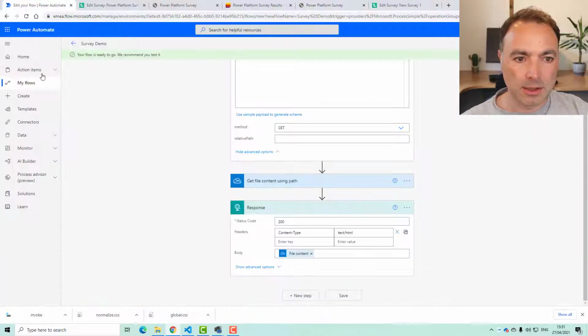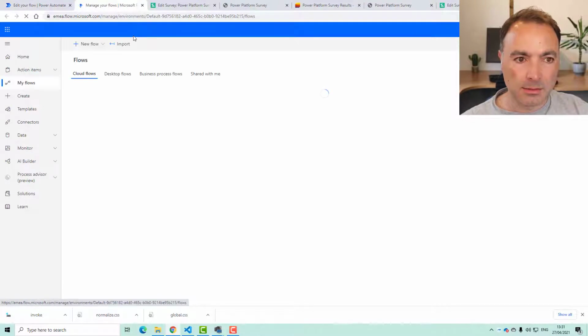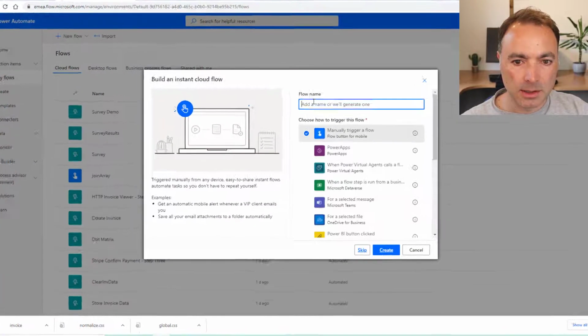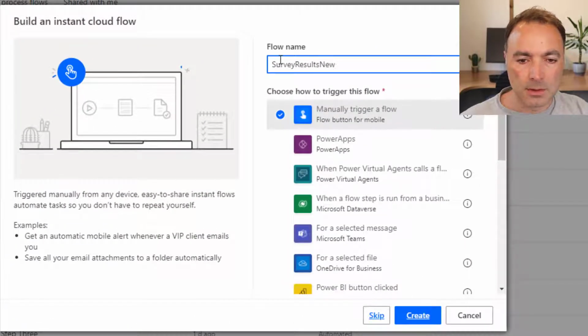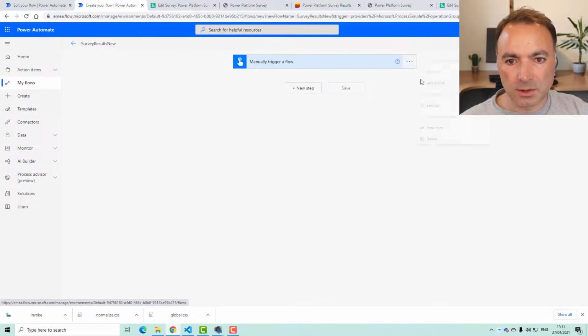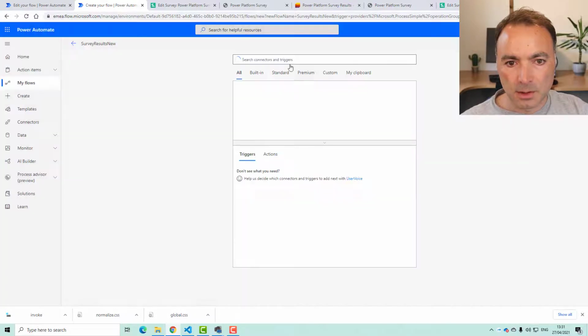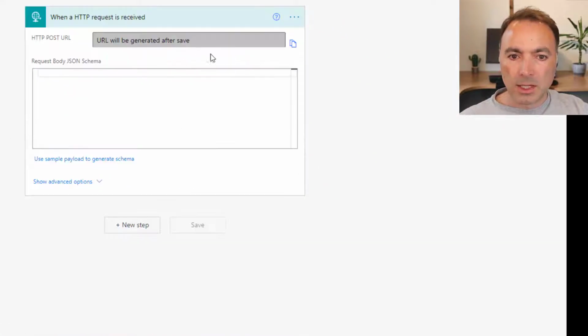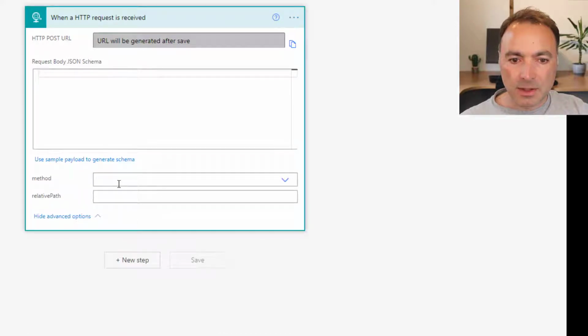So what we need to do, we've got our survey that renders the survey to the end user, but we need another one. We'll create a new one called survey results new. When a HTTP request is received, and this is going to be a post method.